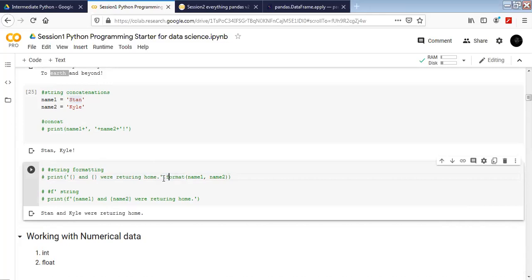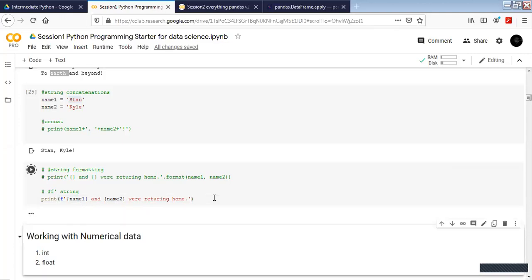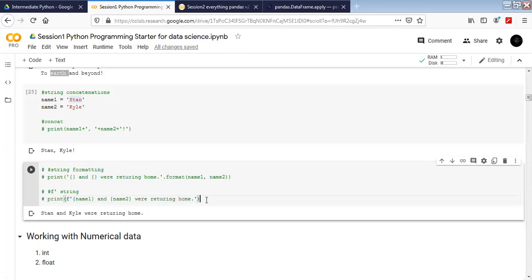All right. There is another method where we have removed the use of format altogether. When we are starting a string, just before it we can write this special character F. Then in the string, wherever we had to write the curly braces and follow with the continuation in the format function, we don't have to do that. This automatically becomes a function. Now we can just pass in name 1 here and name 2 there, and we're returning home. And this is going to be my perfectly formatted string.